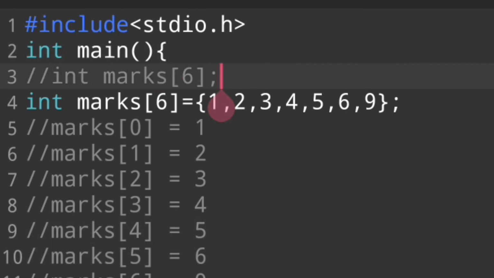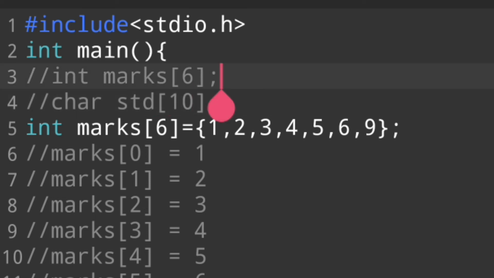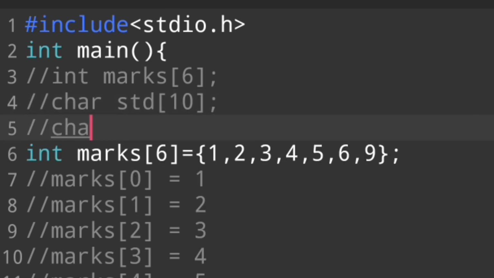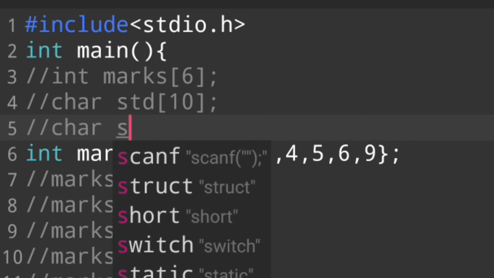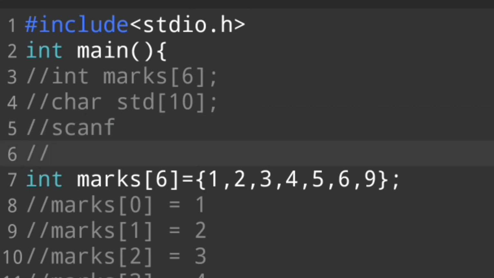So first of all, you declare a character. For example, you have 10 students, STD, so declare 10 variables with an array name, and then you declare character student, and then you use the scanf function to take student input from the user, and your third task is to print.